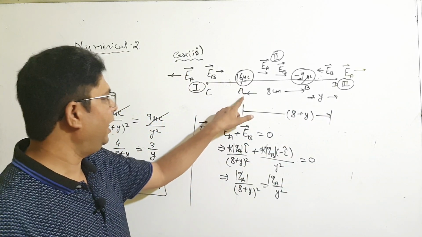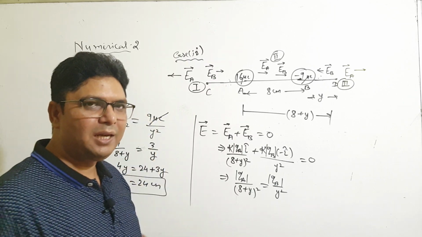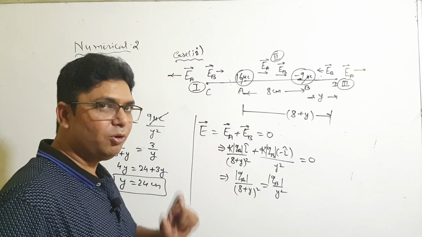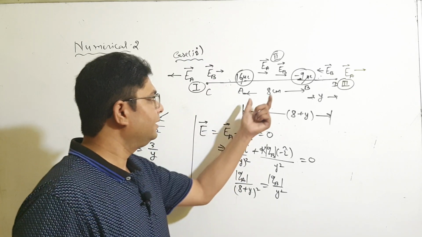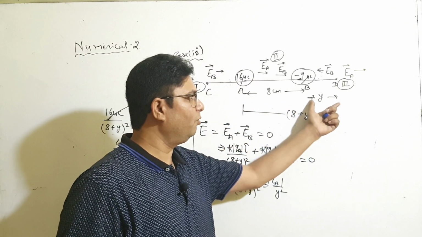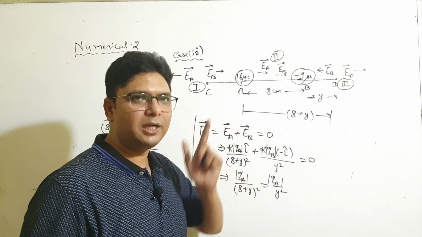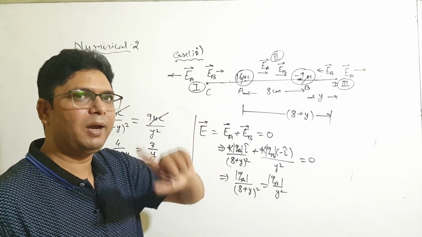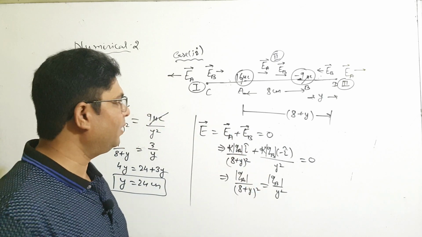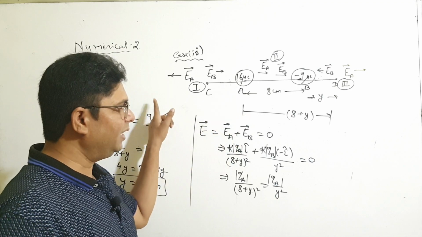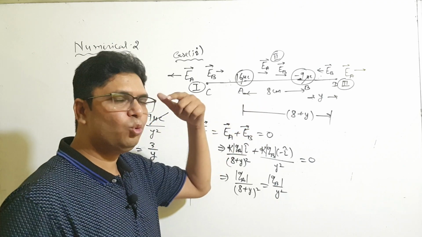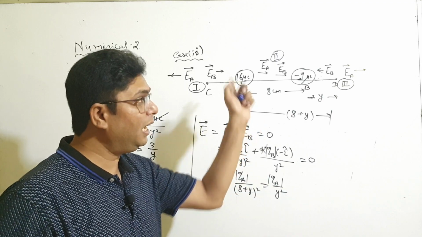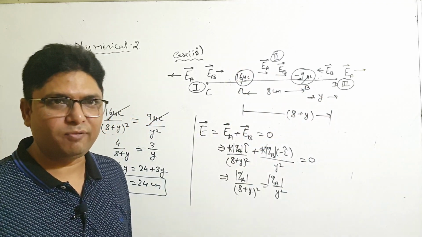And from A to C, at 32 centimeter, electric field will be 0. Now let us notice one thing: this is 8 and this is 24, so 8 plus 24 is 32. So whenever you find one distance, the other distance can be obtained by adding or subtracting. For example, on this side it is minus 32 plus 8, which is minus 24, so take it on the RHS side. So this is a shortcut for you.